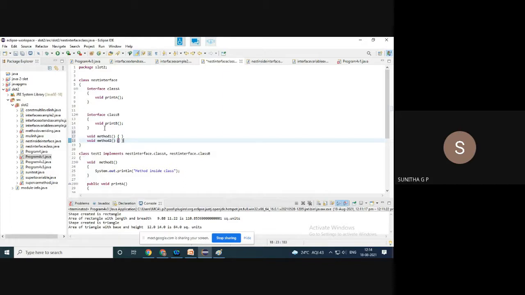So next what we have, class test1 implements. So this class wants to use the interface members of this class. Okay, so those interfaces are accessed through the class name, and not all the interfaces need be implemented by only one class, one interface member you can use. I've used both. Afterwards I'll remove one and I'll show you how you can use the other one. Okay, nest interface class A. Okay, nest interface class B, both the interfaces are implemented in this class.